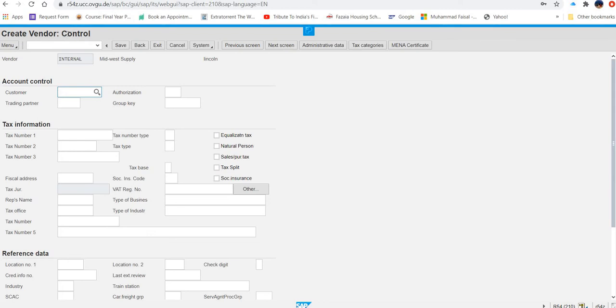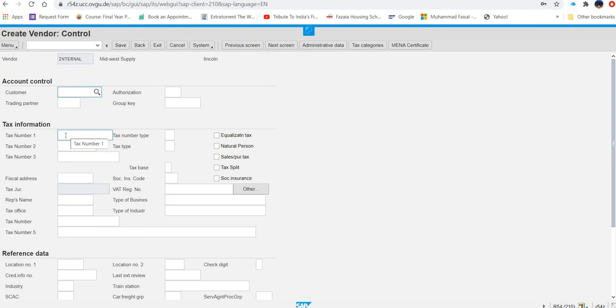Now next, they are saying you have to be on a control screen. So you can see we are here on a control screen. Then in the create vendor control screen, you have to put your text information under the field group. Where is the text information? Here, this is the text information. In this you have to enter in the field group 1 2, this is the number they have given you.